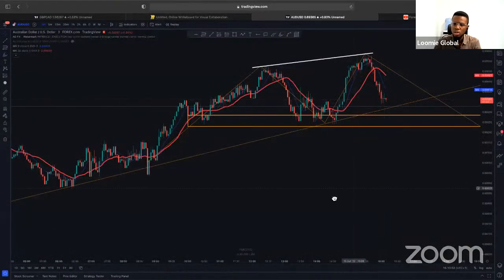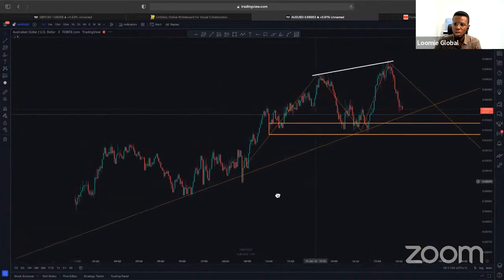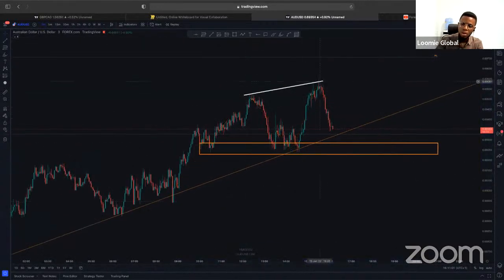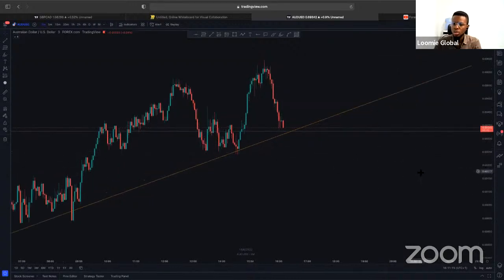Okay, so let us get back to what we were doing. Our time is already well invested. I'll just show us a few things and we are out. So first things first, do not forget, we always give preference to our higher time frame. Okay, but let us continue.